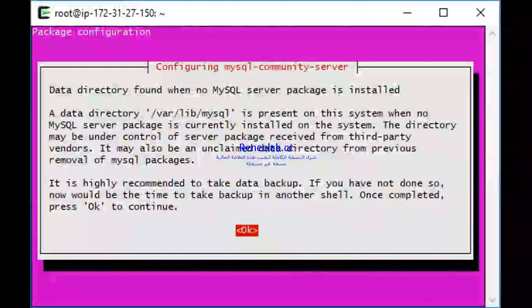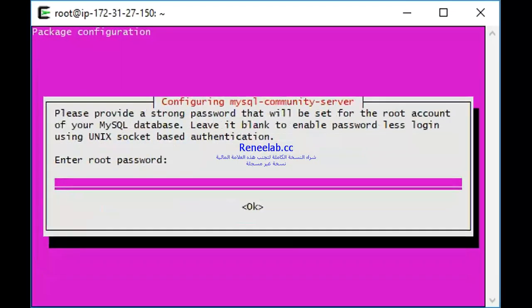So, data directory found when no MySQL server package is installed. I think it's asking what it's meant to do with it. The directory may be under control, so blah, blah. It's highly recommended. Okay, so I'll just go ahead with it. Then I will input the